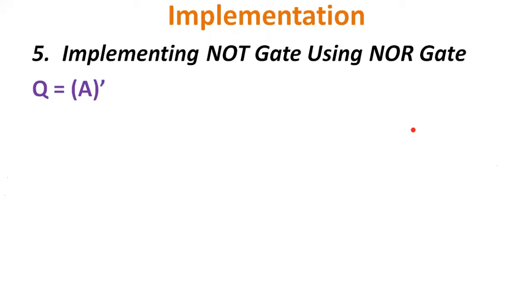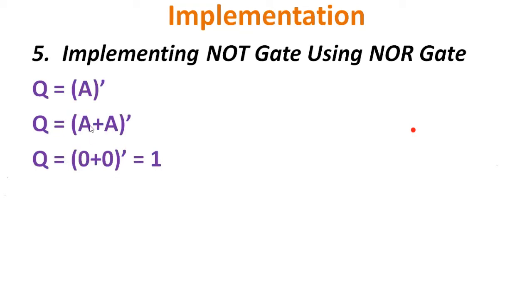So in terms of the NOR gate, we can write a plus a whole bar, because the meaning will not be changed. A plus a will become a, so the meaning will not be changed. So we can have this simple expression a plus a whole bar. Whatever input you are going to provide, the same input should be given to both inputs of the NOR gate. So if you put 0 in the place of a, 0 plus 0 whole bar equals 0 bar, which will become 1.